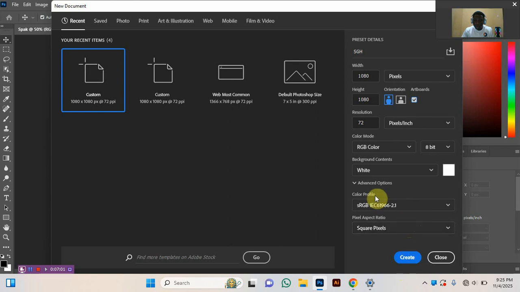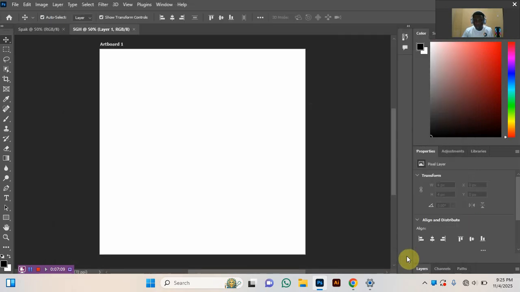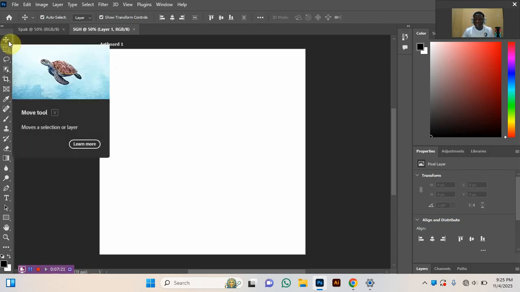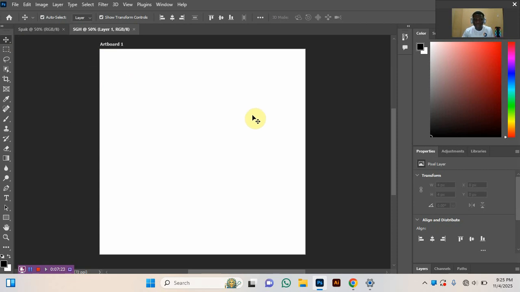So yeah, the color profile, I told you can simply leave it as sRGB or working RGB. So I'll click on create. Now you realize that this has been changed to artboard. It means we can now create multiple artboards at this juncture. So in order to create multiple artboards, I'll simply zoom out, and